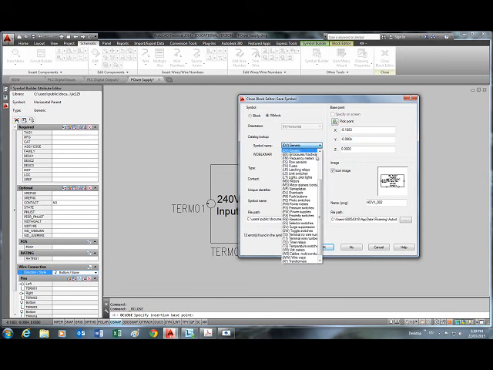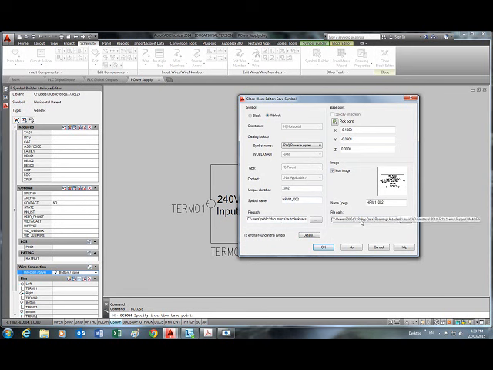And we can pick power supplies. Okay, and also we can choose where to save the drawing file for this symbol, as well as the image file. But before we continue, if we're going to have catalog information, I have to enter at least some of these